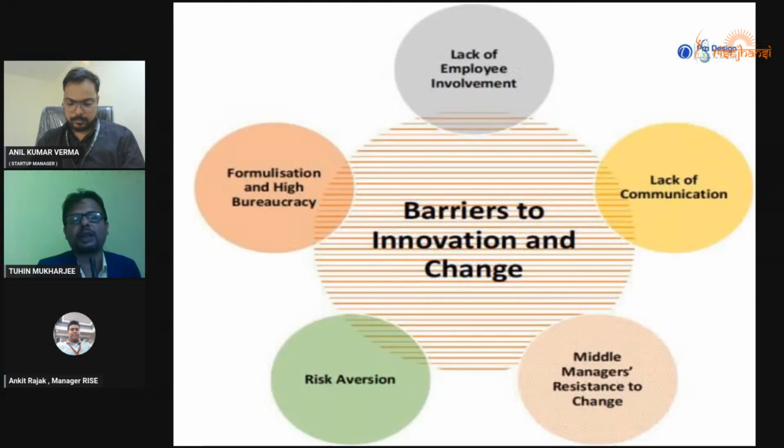Now, barriers to innovation: there are so many barriers, such as lack of communication, lack of employee involvement, middle managers